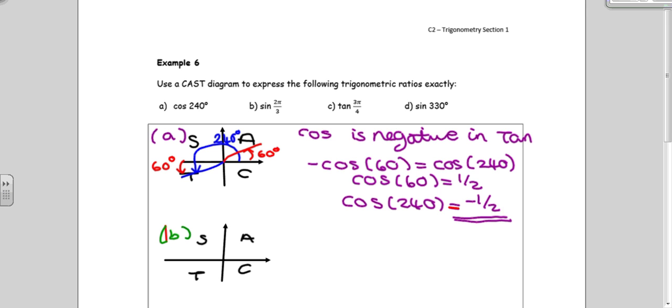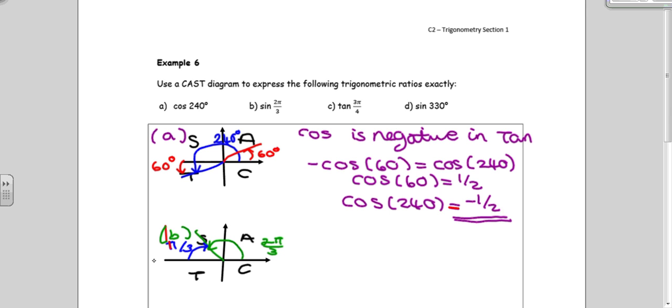So I'm going to go around. And we'll say that that's 2 pi over 3. So that means that this line is pi over 3 away from